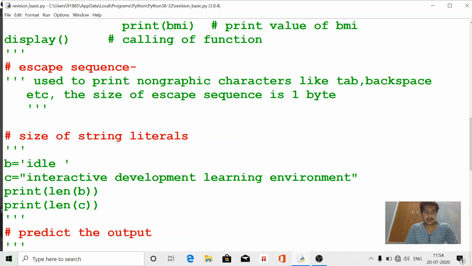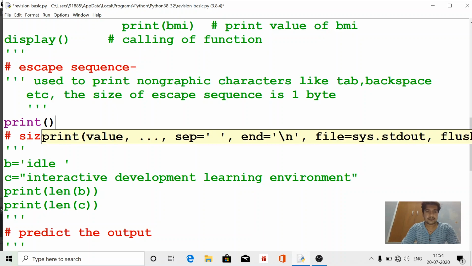Now if we are going to write an example of escape sequence, suppose that we are going to print a line like